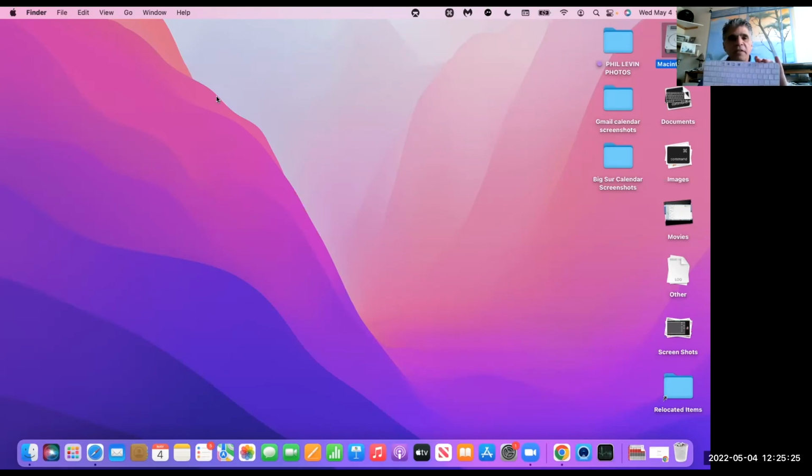I put stickers on some of the keys, these function keys, because I wasn't using F3, F4, F5 and F6. So I used a program called Keyboard Maestro to assign